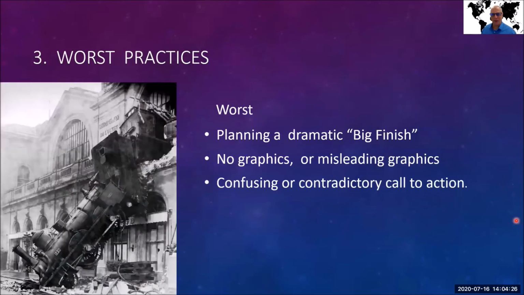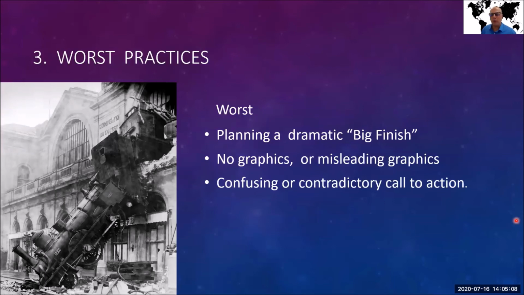And then there are the worst practices, things to avoid doing. The first worst practice is planning for a dramatic big finish. I used a movie analogy earlier to talk about how we're dividing up the course, but you should break with the movie idea in one key aspect: no big surprising finishes. We want to tell them the end of the story first and then explain what it means to them. So don't save the best for last when you are doing a business presentation. Put the best first and then spend the rest of the time talking about that.